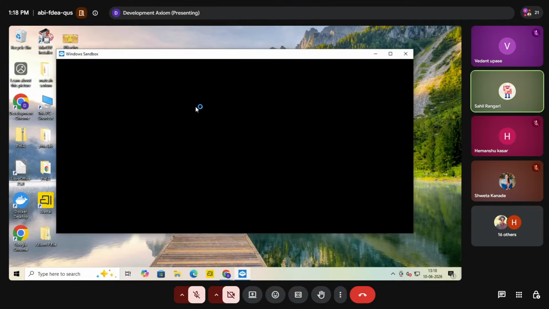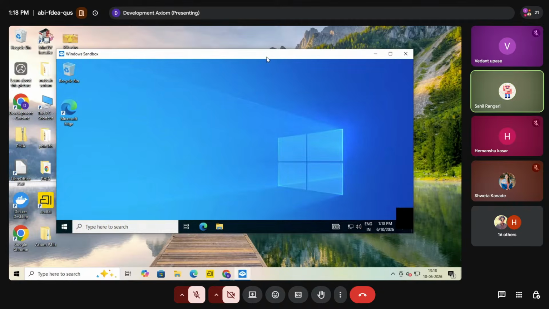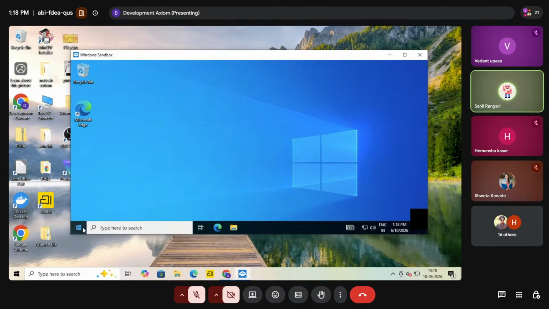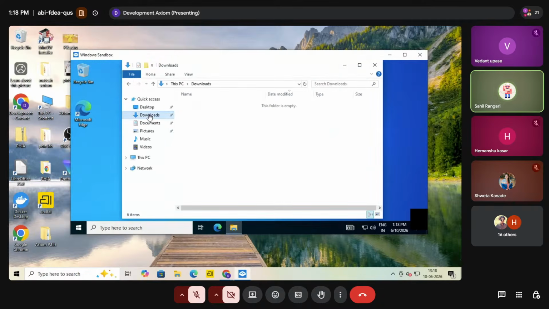So we'll check whether this Node.js file is available or not. If available, we'll say that this is the normal one. But if it is not available, then it is a fresh start. We'll wait for this to open. Look, the same window, like a new laptop, is open. The same interface is showing here, and we'll go to the file manager and check if this file is available or not. Look, this folder is totally empty. No one can say that we already tested something, downloaded applications, and that it is over there.